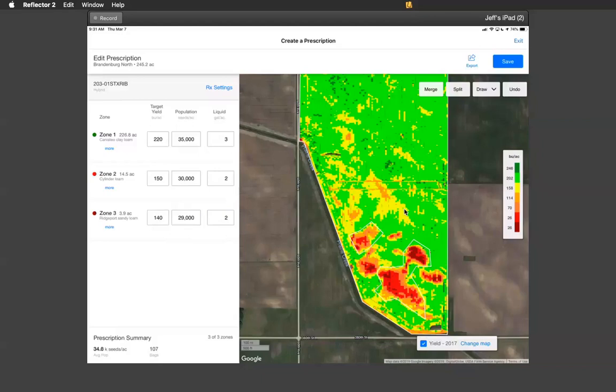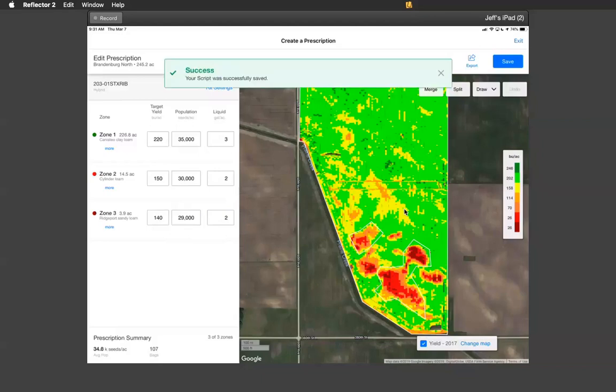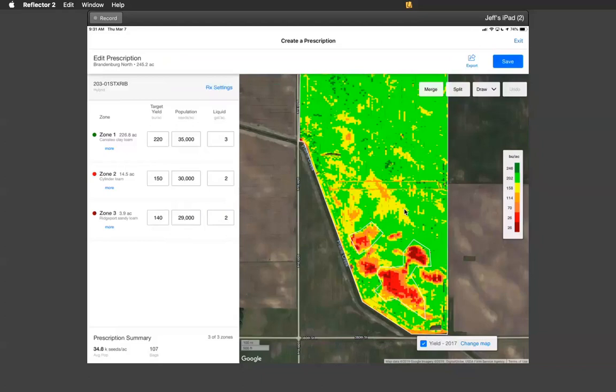I have 3 zones, and now I'm pretty much done. So I can go ahead and hit save in the upper right-hand corner. That script is saved. If I'm planting with a 2020, it will be able to load this. It's basically saved to my iPad in the cab app, and I'll be able to load it and run it